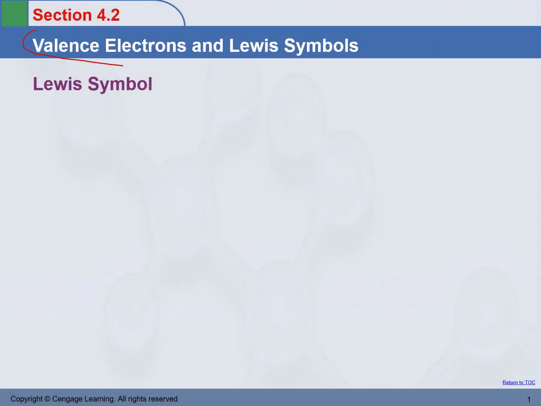Valence electrons and Lewis symbols. Let's have a quick review of valence electrons. Valence electrons are the electrons that are involved in chemical bonding. For representative elements and noble gases, for elements starting from column 1A through 8A,